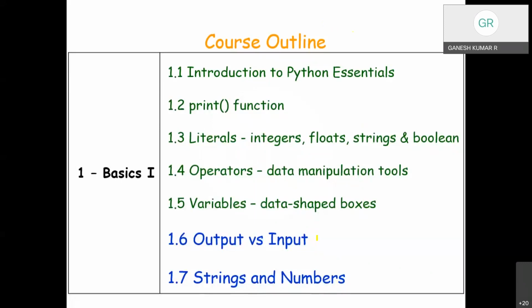In the next half an hour, we are going to discuss the input-output functions, manipulations, and an introduction to strings and numbers, string operations. So in today's session, our agenda is to discuss chapters 6 and 7. What are the input function and output function, how they work, and the nature of these functions with sample hands-on sessions. And later, I'll also be briefing about string operations.